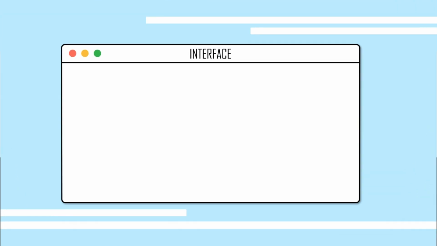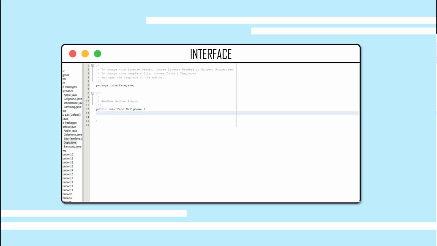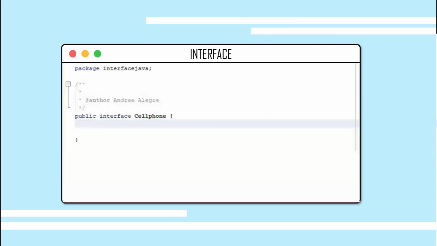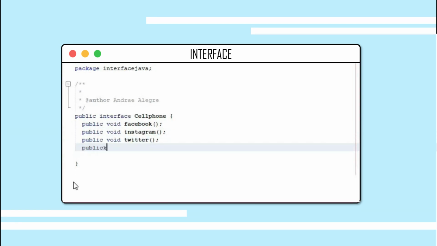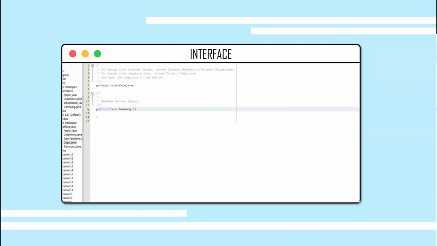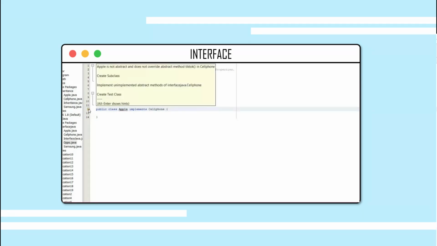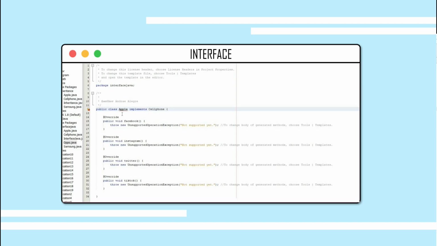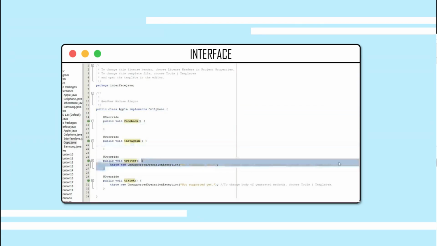So the class of the Apple will implement the interface of the cell phone. And today, I'll show you how to use the interface. So let's take the cell phone again as our example. And our cell phone has many apps such as Facebook, Instagram, Twitter, and TikTok. So inside the Apple, let's implement cell phone, and you will see an error. And just implement all abstract methods. Then remove all the row new. After that,